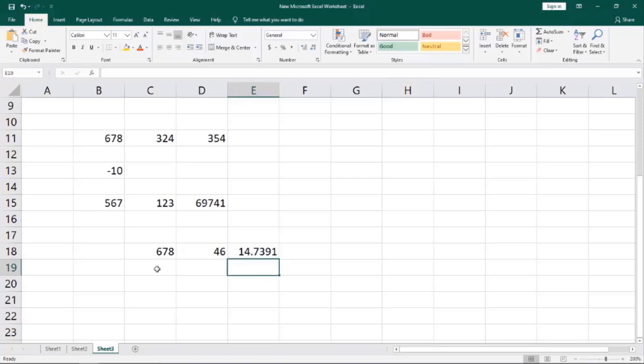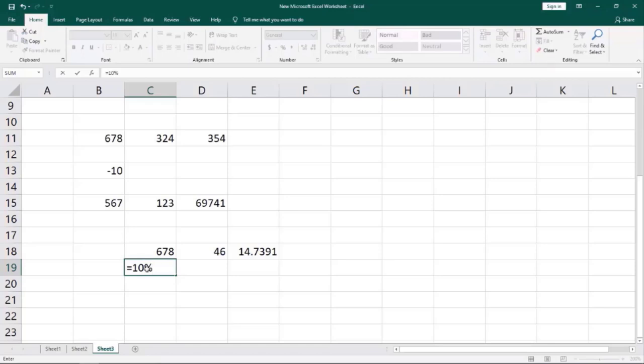Next, see percentage. Using the percentage operator we can find the percentage also. Suppose I want to get the percentage of 10. So what I'll do, I'll give the equal to sign, then I'll write the number 10. Suppose I am writing a 10, then percentage, give 0.1.